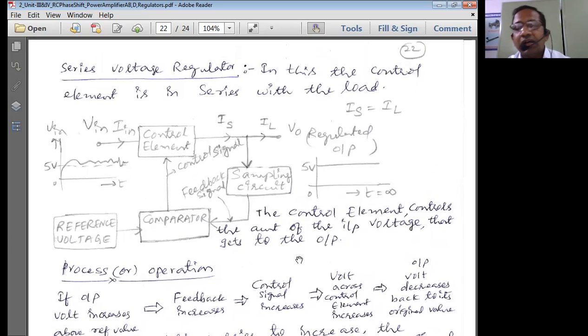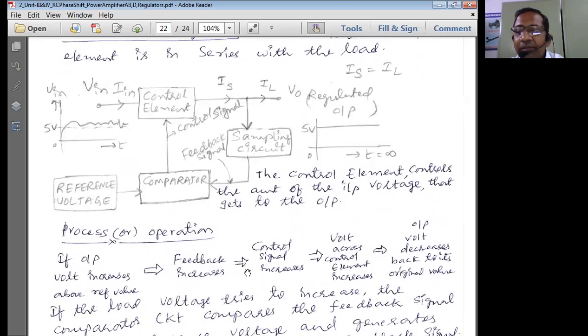So always in electronic circuit design, you should compulsorily draw, if it is known to you, the block diagram, the input signal, the output signal, and then the exact practical circuit. When you do all these things, the examiner is going to be impressed by what you have written, and you normally get full marks for this question.